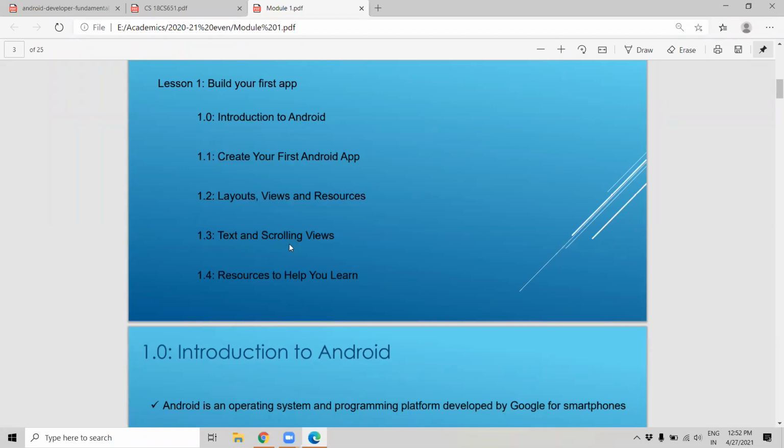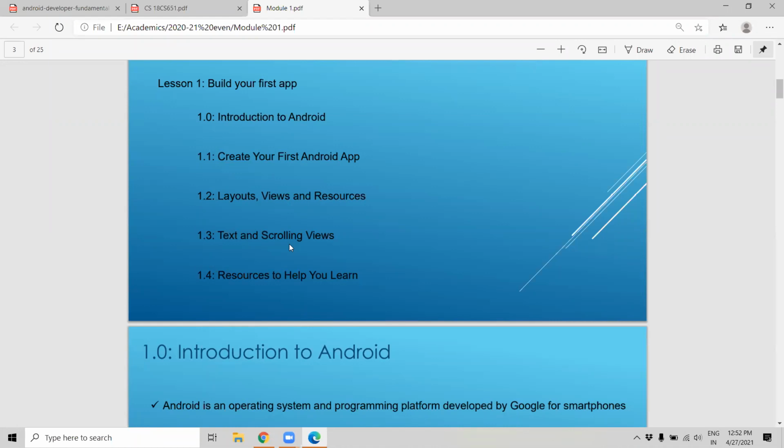It's a very big software. On top of that, you are going to install so many other softwares. The base we are going to call an operating system, and it is a programming platform also.